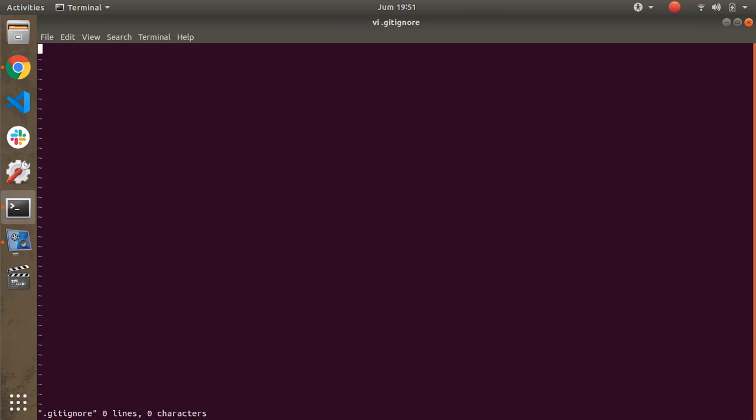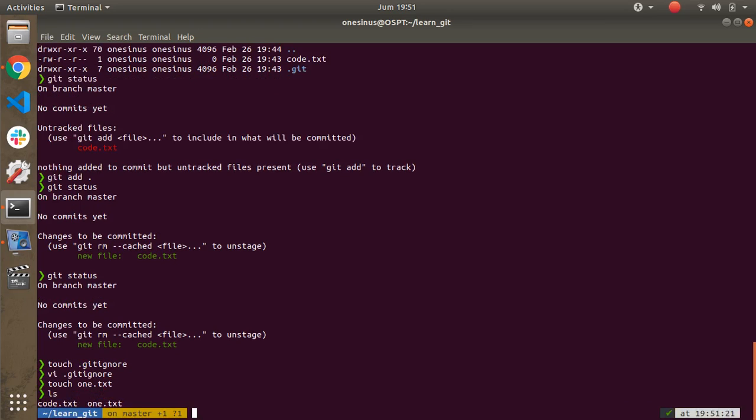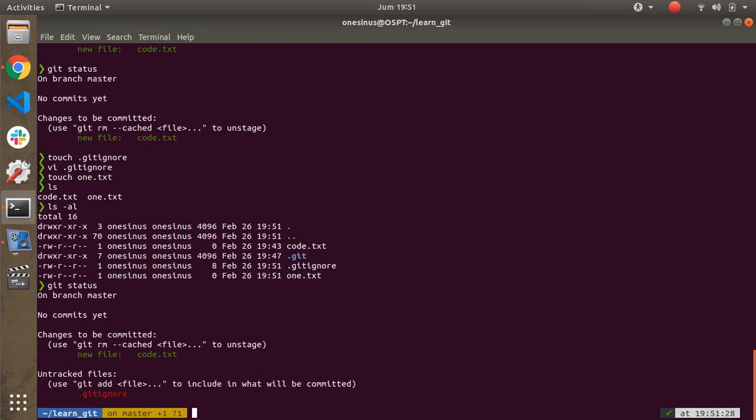Let's say I want to exclude a file named 1.txt. Okay, and then I create 1.txt, and then I run git status.